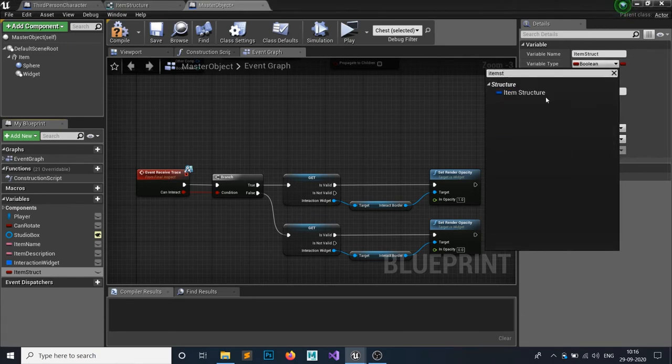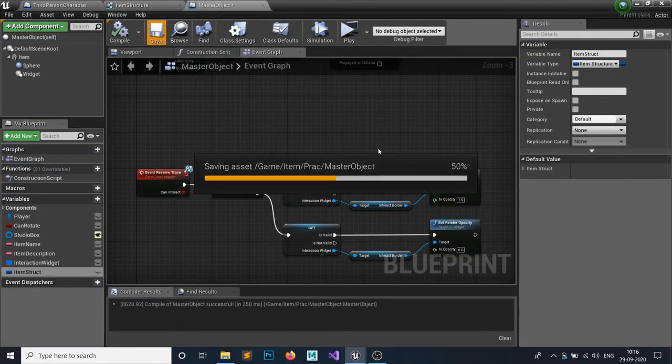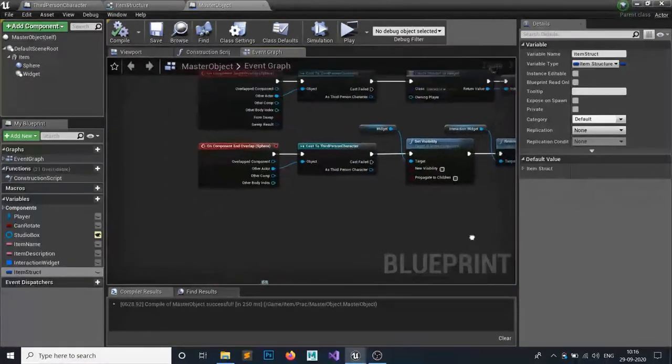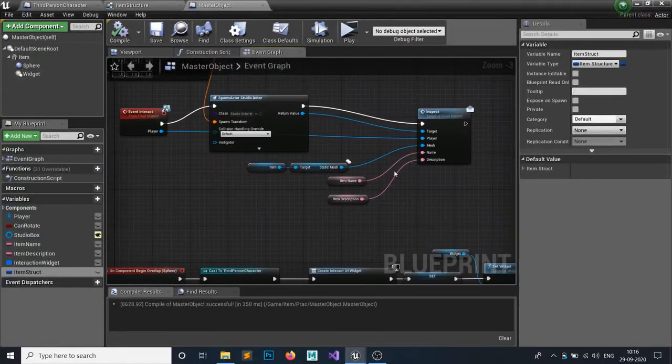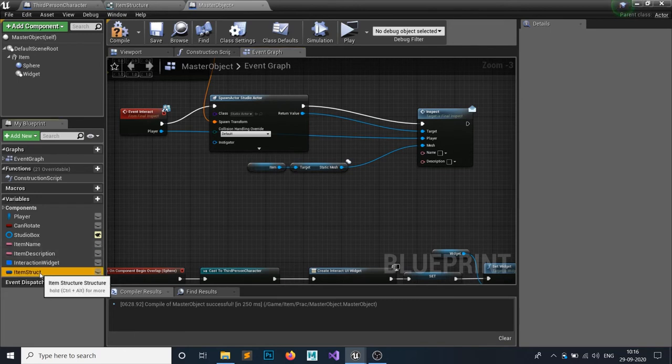Yep, the item structure we have just made, this one. Hit compile and save, and you're gonna see we have made the function, where was it, yep, this one, where you are passing this item name and description. But rather than that, I just delete this, and we're gonna get this from here.